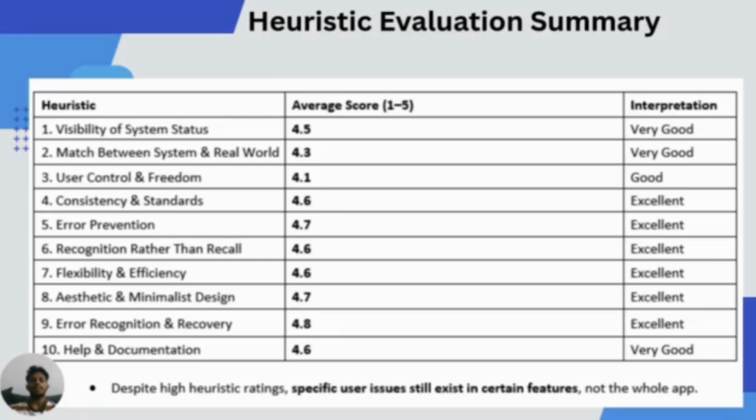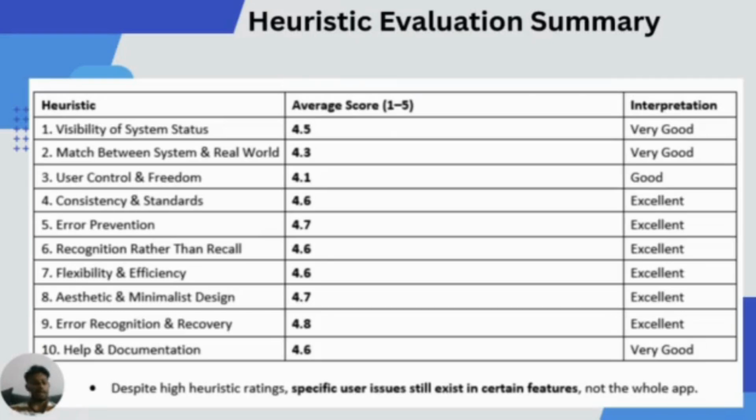Third, user control and freedom is 4.1, which is good. Fourth is consistency and standards at 4.6, excellent. The fifth is error prevention, with a score of 4.7, excellent. Recognition rather than recall is 4.6, and flexibility and efficiency is 4.6,